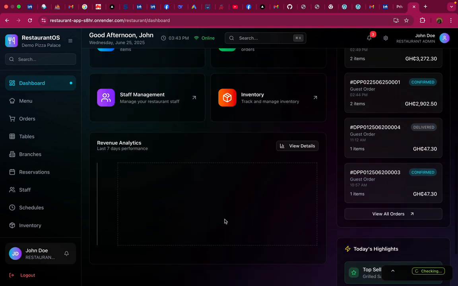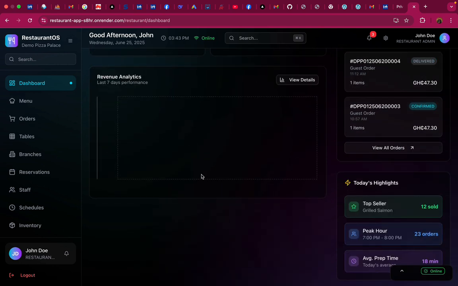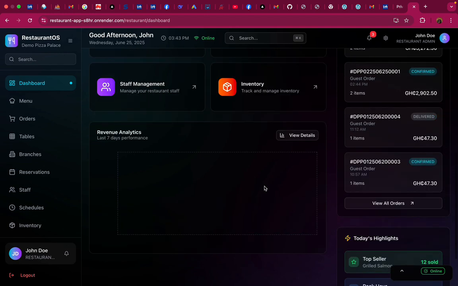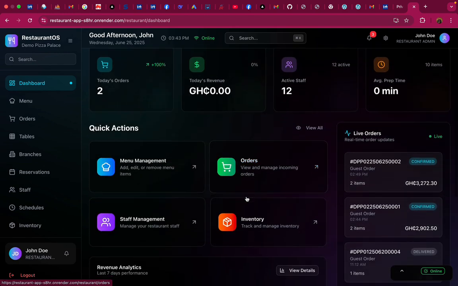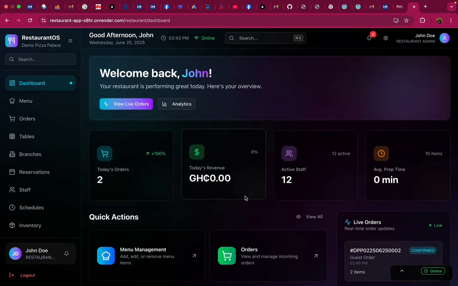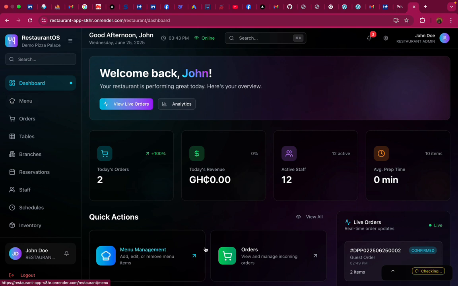This one will display the graph of the system, but since we are recording 0.0, the graph is empty. Now remember, this system has three features: the admin, the sales, and the kitchen, and also the user, which is the fourth aspect. But the user is an optional feature. Good. So we start with the menu. When we come to the menu management aspect of the system,